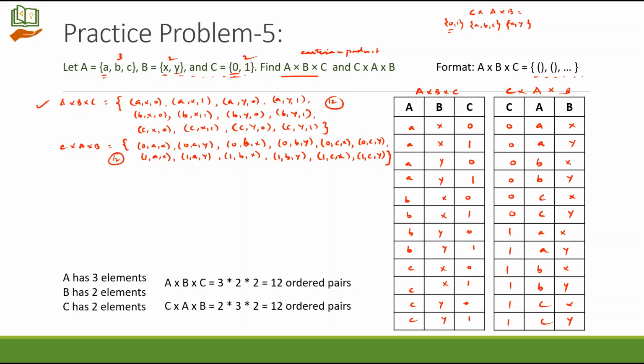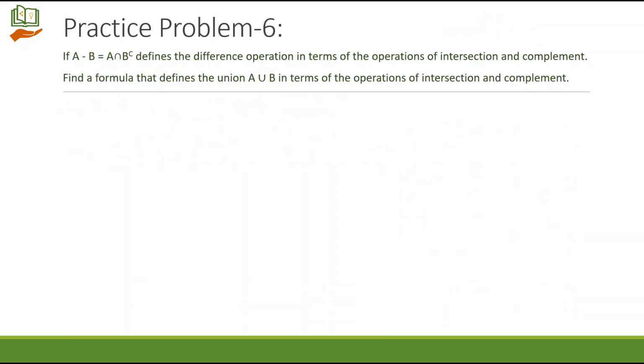Here also you have 12 ordered pairs. This is how we will be working with Cartesian product. You have to maintain the order of the sets. Next question. If A minus B is equal to A intersection B complement,